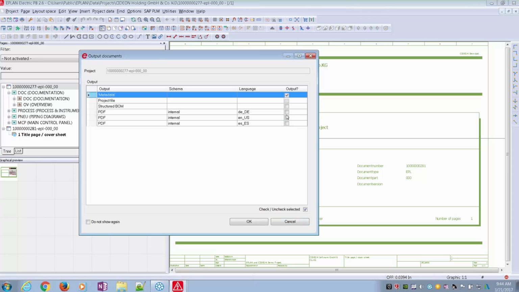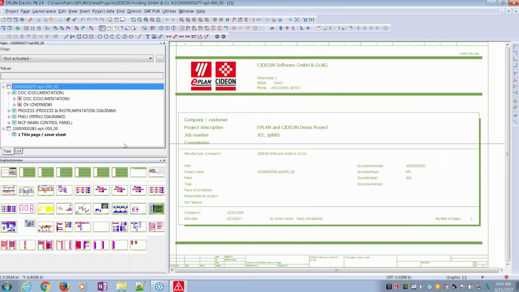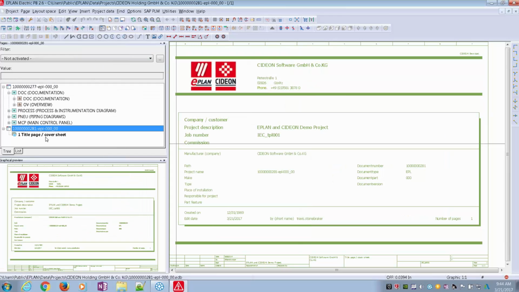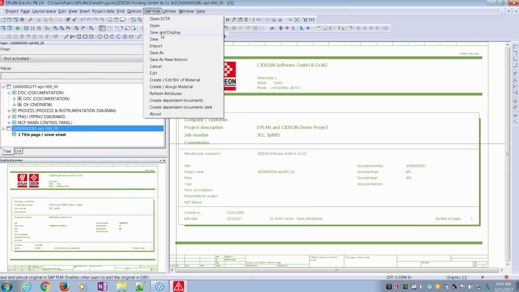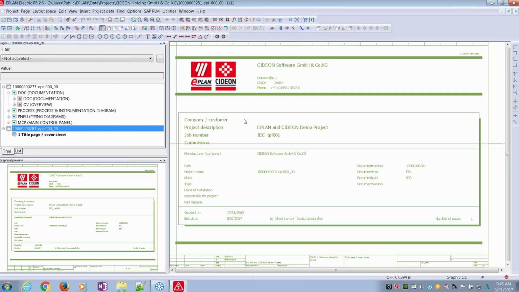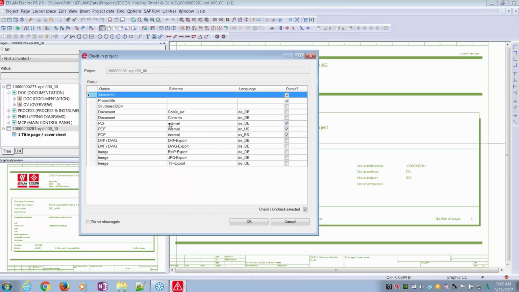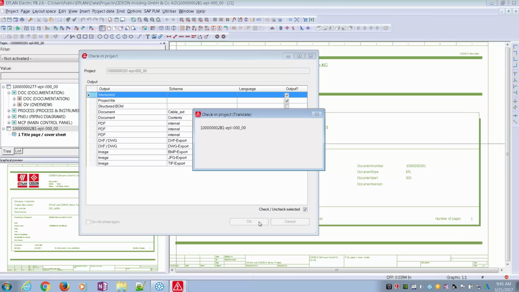So at this time, I will say, okay, I think I'm done with this project, so I can move on to the bill of material project. So what I'm actually going to do is I'm going to save and display this project. I'm going to create these 3 PDFs, and I'm going to update the project file. And once I click OK,